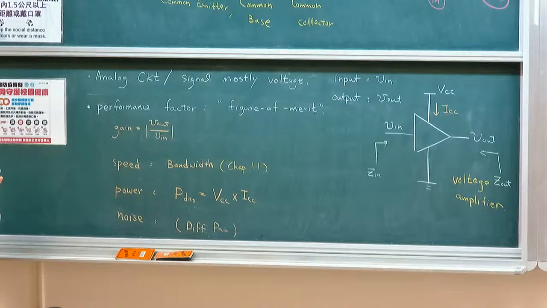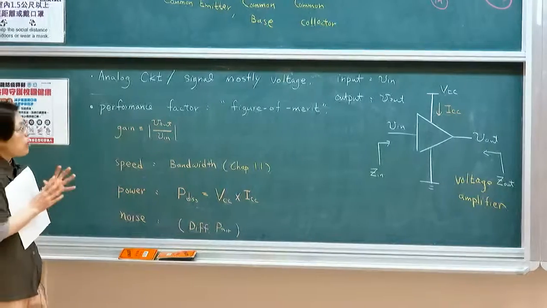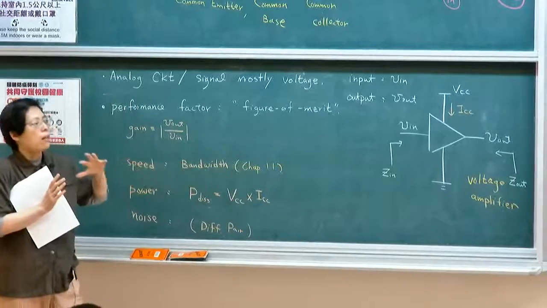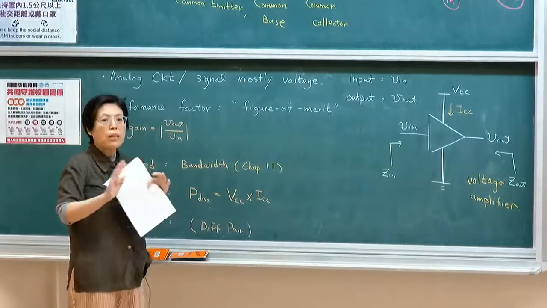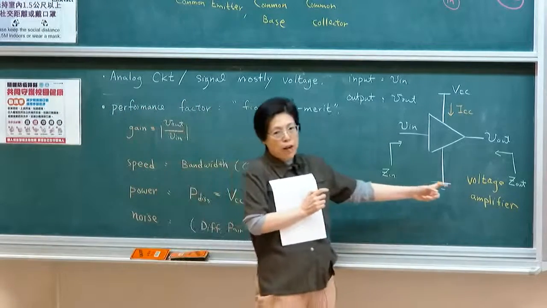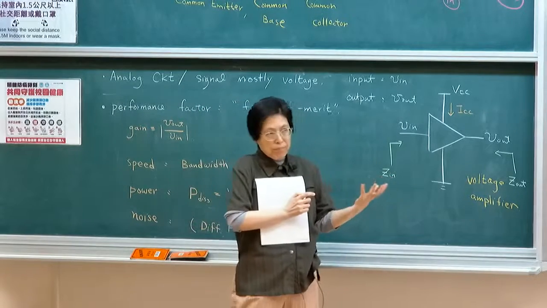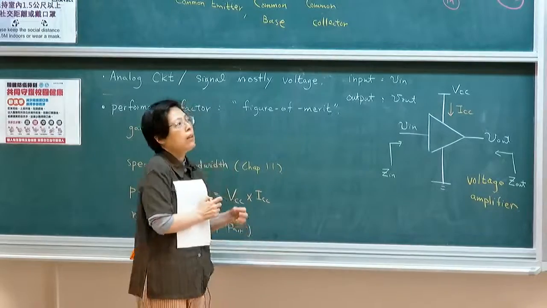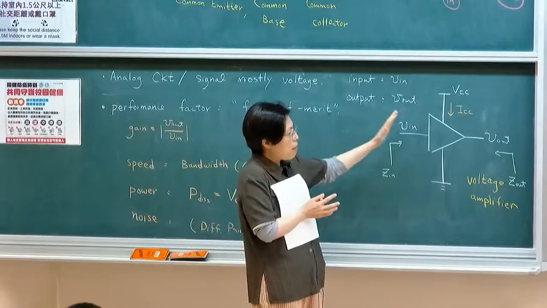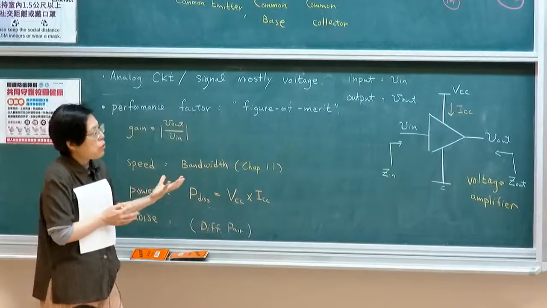So what we're actually doing in most analog circuits is processing these voltage signals. Of course, you can deal with current signals, but that's fairly rare. Mostly we're dealing with voltage signals, so we're going to talk mostly about the voltage amplifier. If you take circuit theory, there are various types of amplifier: voltage amplifier, current amplifier, transconductance amplifier, or resistance amplifier, depending on your input and output signal. But if my input and output signals are both voltages,